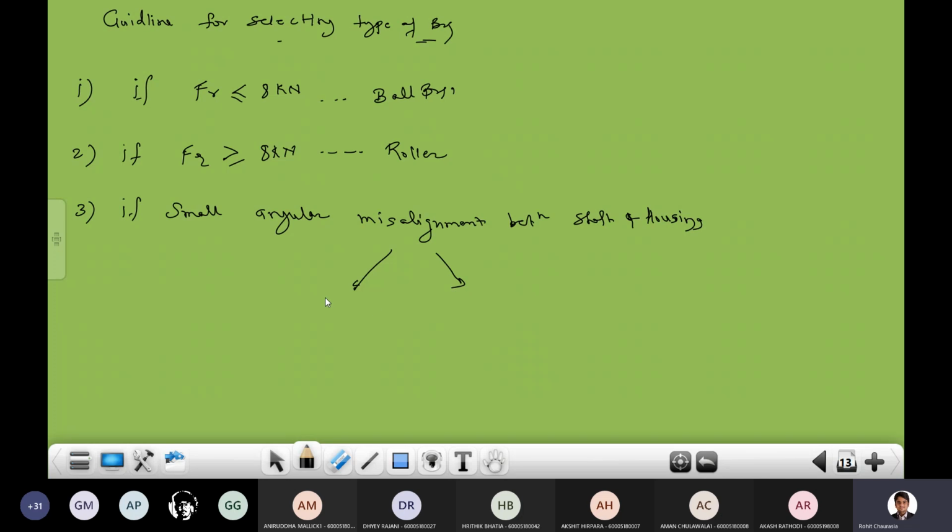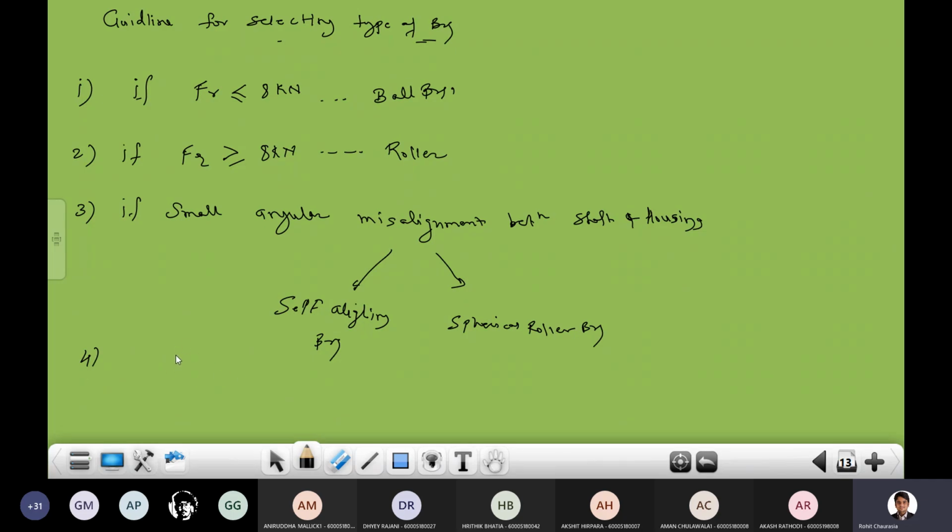पहला तो मैं select करता हूँ self aligning bearing ताकि वो जो भी रहेगा that is going to be aligned by the self aligning bearing, or you can proceed with the spherical roller bearing. This is first. Now similarly when you are going to talk about the force, if combined loading आ रहा है,